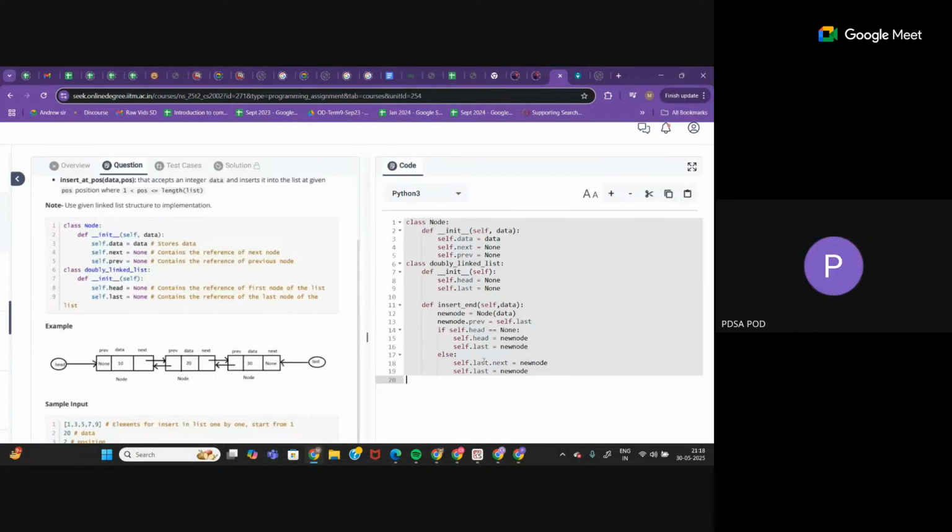Okay, so let's start with the definition of insert at position. What we have to give is the object reference, the data, and the position. That means this data I want to insert at this particular position. Now the definition. First, wherever we want to insert at any position, we have to create